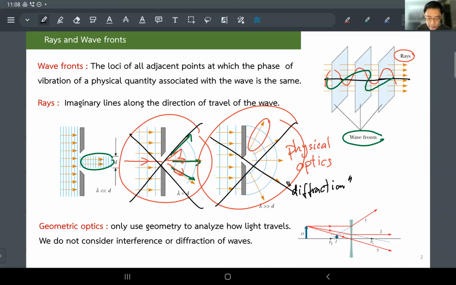For example, you might have a light coming out from a point, and if you want to trace this light,